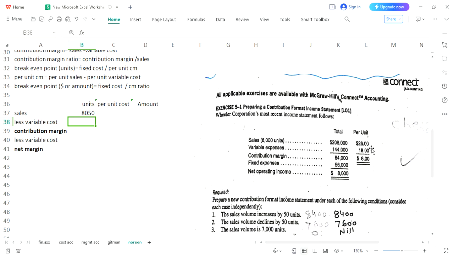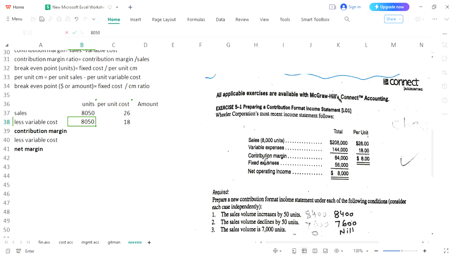Per unit cost is already given. 26 is the sale price, so you will be writing 26 per unit in front of sales. And then the variable expense is 18. This is also given. Number of units would be similar,